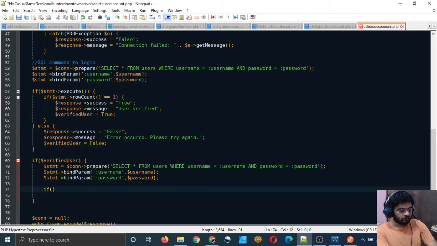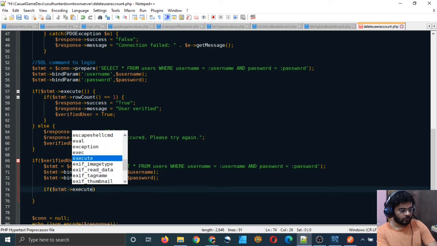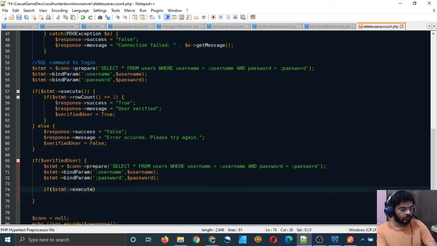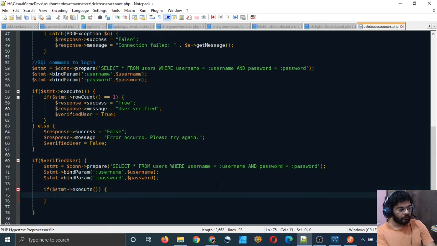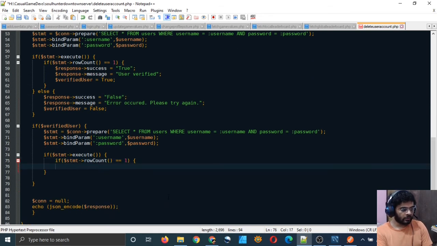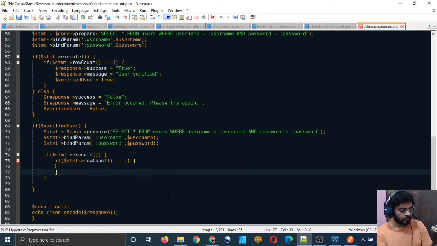If $stmt execute, if it gets executed, then, and if row count is equal to 1, yes, of course, because it should be 1. If it's not, then there is some problem. And if it is 1,